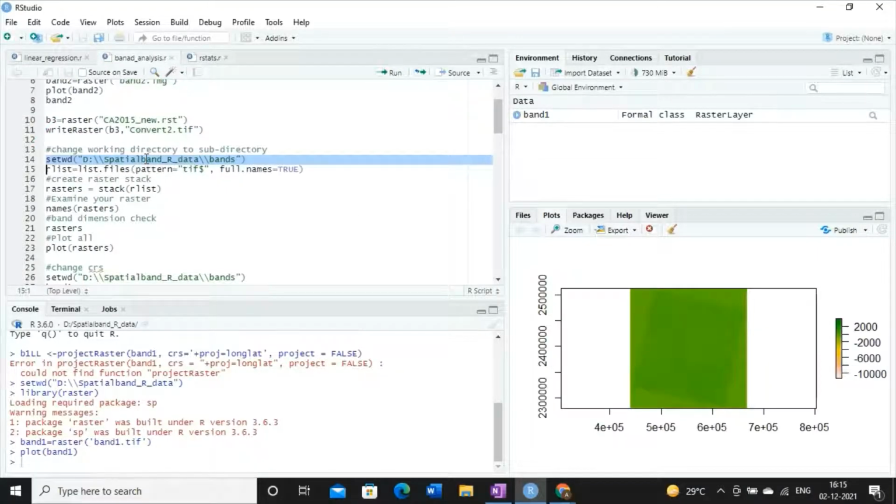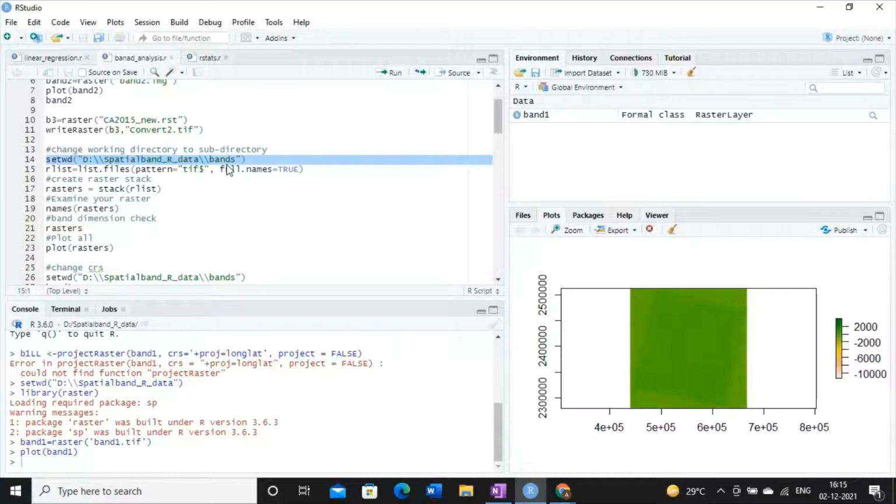So what I have done: inside the D drive, in the folder spatial band R underscore data, I created one subfolder, bands, where I have downloaded band 1 to band 6 from Landsat 8. And all the inputs are in TIF format. I will show it to you.